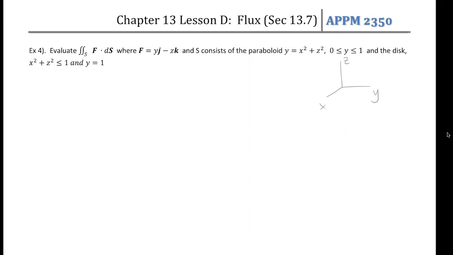Okay, so this is the paraboloid that's opening along the y-axis here, and I would like to know the flux through this paraboloid. We're stopping when y is at 1 here, and then the disk, x squared plus z squared less than or equal to 1 and y is equal to 1, that's just going to be this disk right here. And so I want the flux through this entire closed surface. This surface consists of this bowl and then also this lid here. And I'd like to know the